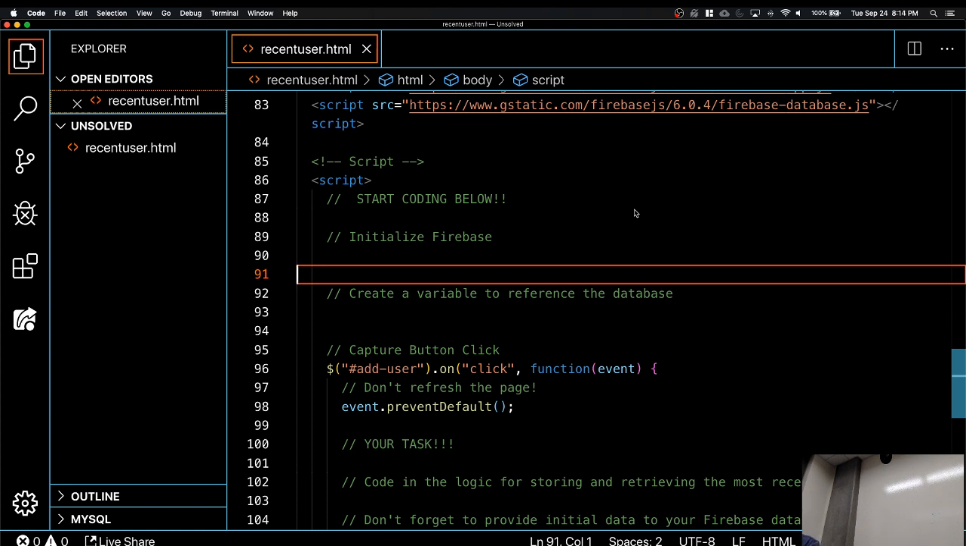We want to access the database. And so here we're getting something from the database, right? Down below, we have to set something. Right? So at first we need